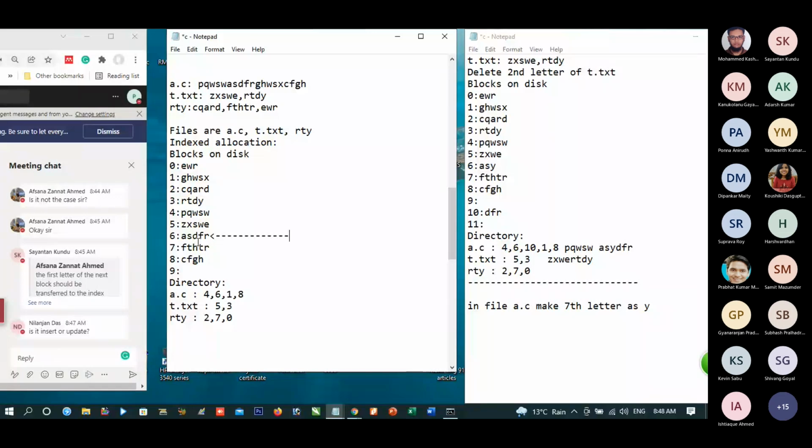A block cannot store that many letters. So we shall take an extra block and split the block into 2 parts. So we are storing on 6 and 10. 6 contains some part and 10 contains another part. Is this doubt clear to you? When we are trying to insert and space is not available in the block, then we split.